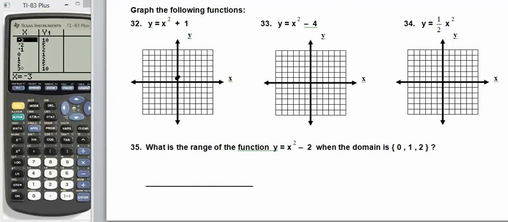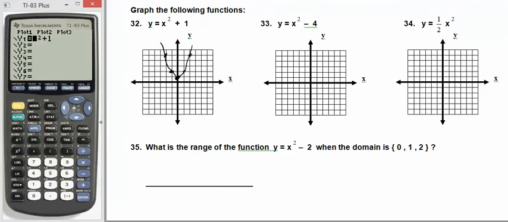And then if you'll just do a couple of points on each side, so like 1, 2. And remember, there's always another one on the other side. Those are called symmetric points. And 2, 1, 2, 3, 4, 5. And there's another one on the other side. That gives you a good drawing of your parabola. So this one, x squared minus 4. So the points we really want to draw are the vertex and these two zeros and maybe one other set